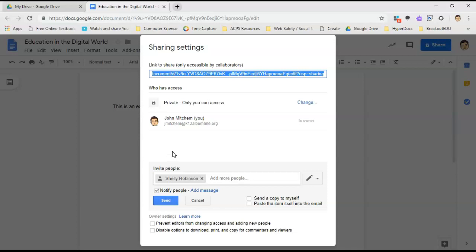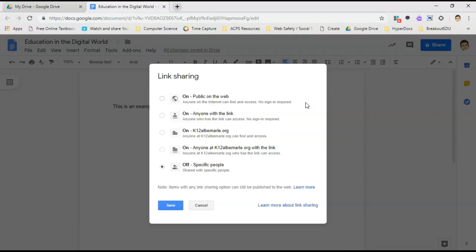There might be times where you want others to have access to this document without individually adding them. At that point, you can share a link. And in order to get to your link share settings, you would go to who has access, which is under the advanced tab. You can hit change and then options will show. If you only want people within the K-12 Albemarle organization to be able to view this link, you would select